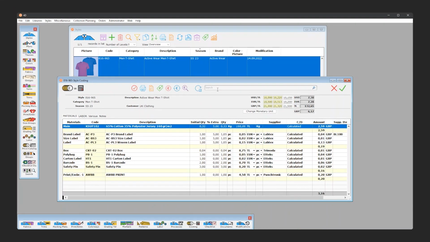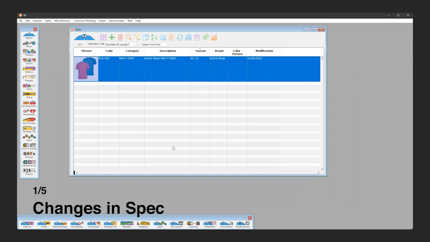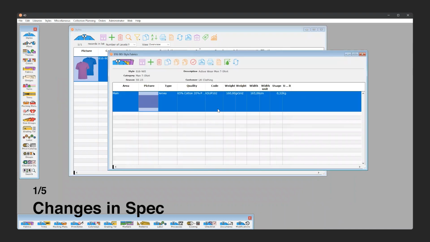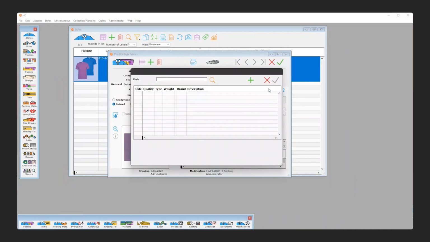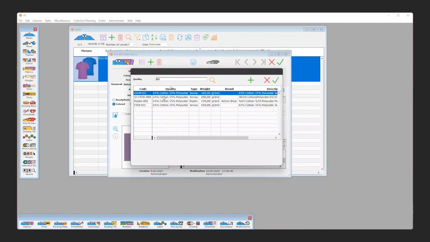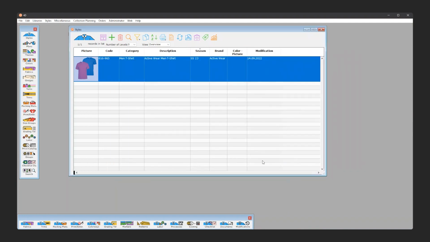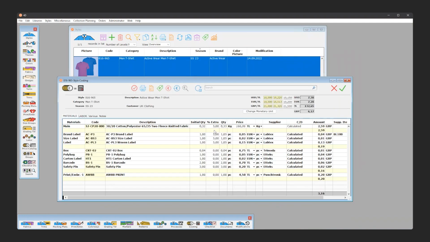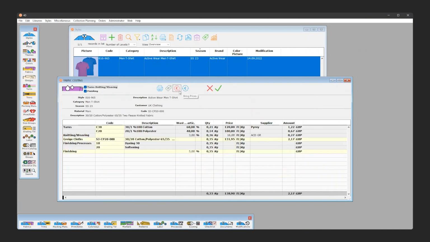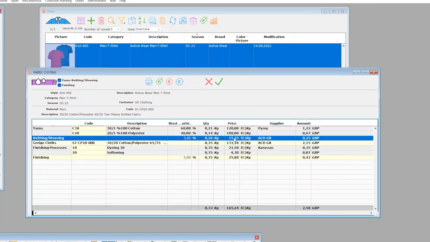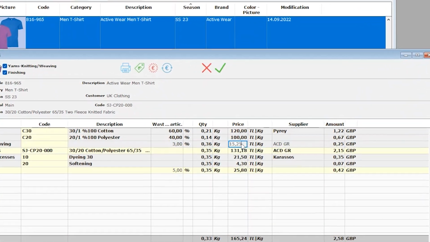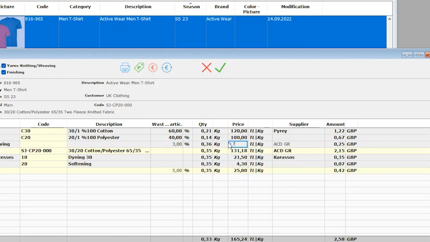Then let's say we have a change in spec, and we decide to swap out the main fabric for a heavier one. We can easily perform this substitution in our product spec, and then go back to costing to know the exact effect of that change. We see the new material, drill down to the knitting process, and change the knit process cost because we are now aware increases are coming.